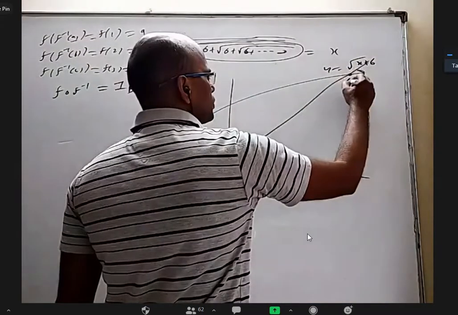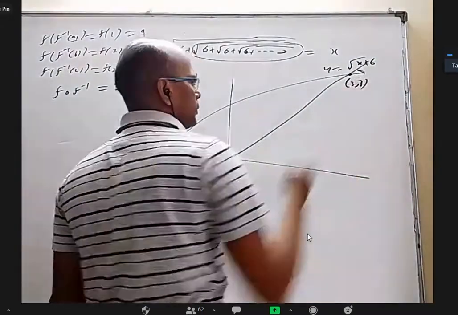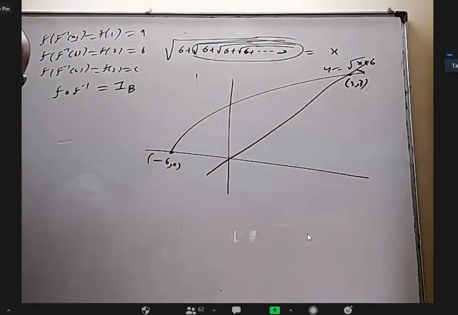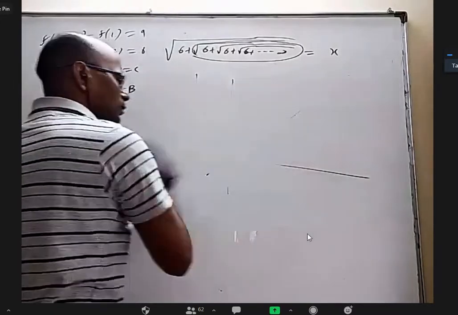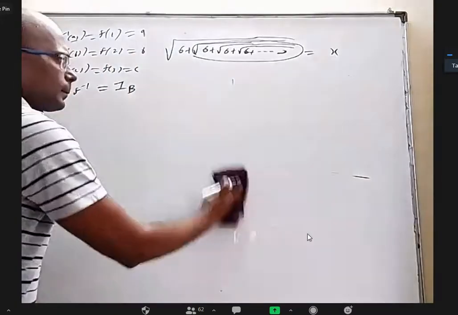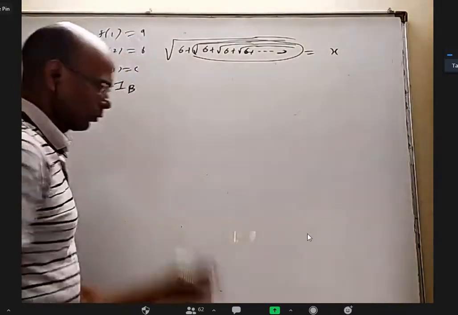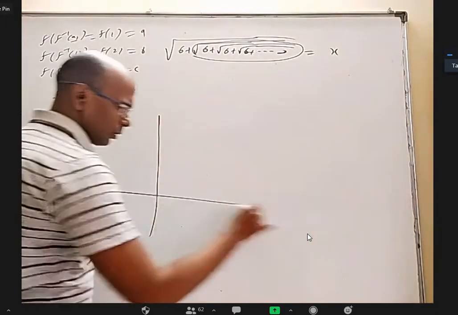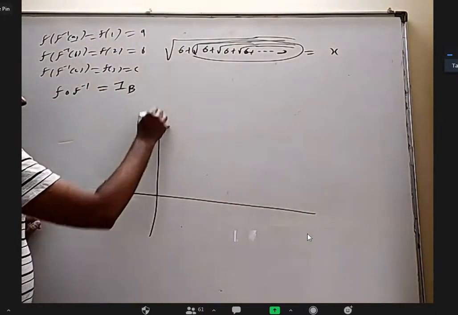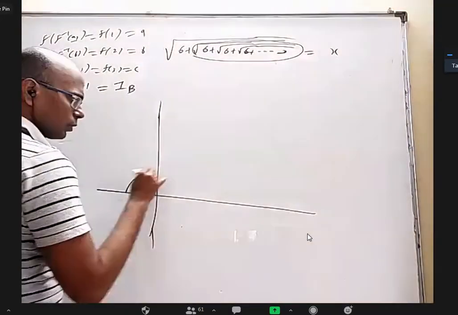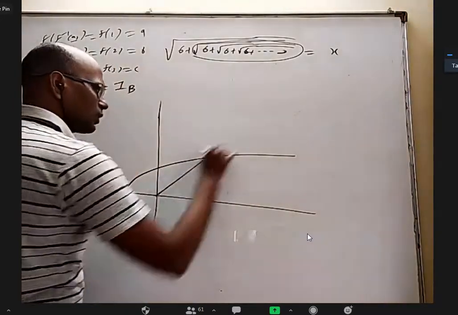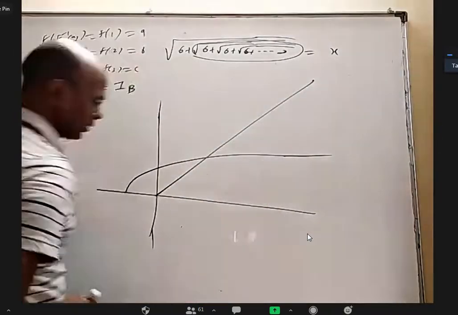And at 3 both are equal. This is the point 3 comma 3. I should draw the other side, just a minute. This is not related to our lesson in a sense, I'm just giving another idea. Don't worry so much. Okay, this is a curve. This is y equal to x. Yeah, this is a better approach.